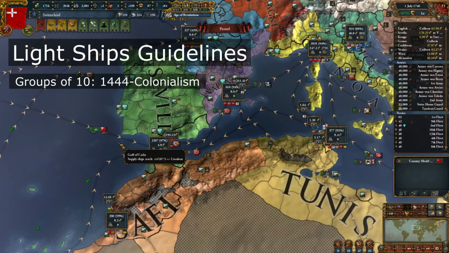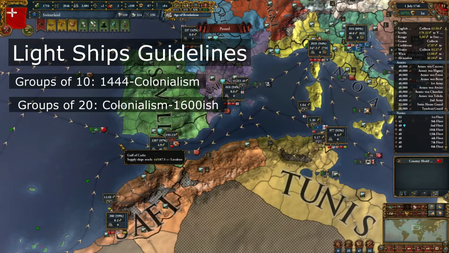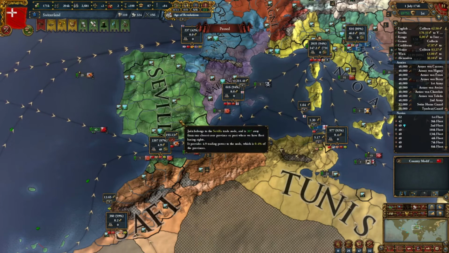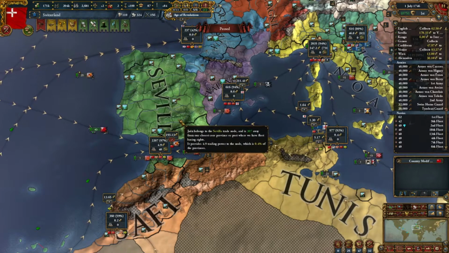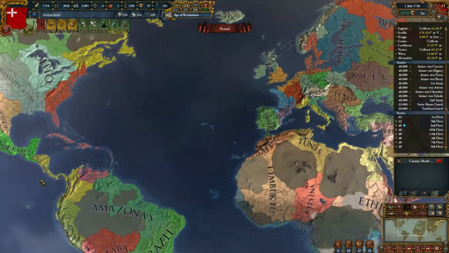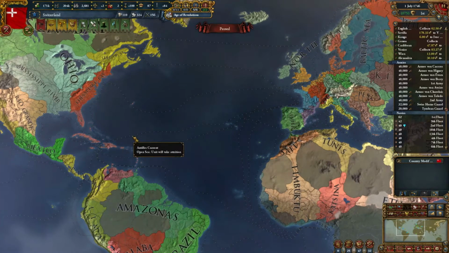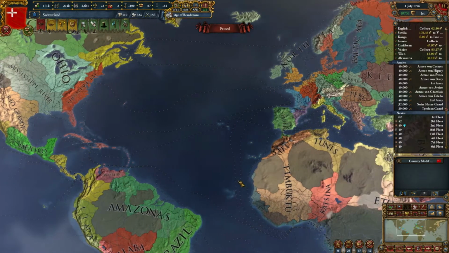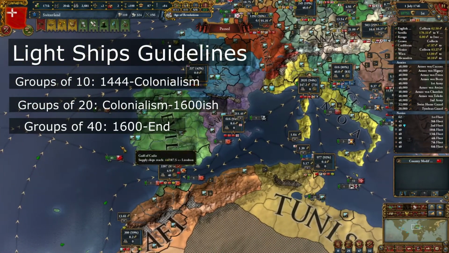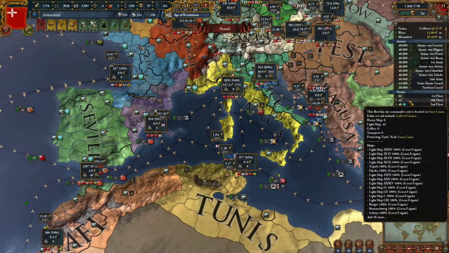So from colonialism showing up till roughly 1600-ish, I like to keep them in groups of 20 if possible, light ships, because that will help balance out the colonialism boost to all of the trade power coming from the provinces. And then from about 1600 on, you start to have the actual colonies start to grow, and they're going to greatly increase the value and the power that's being messed around with out here. So at that point, you want to have them up in groups of 40 if at all possible, and you can see that I have mine in groups of 40, except for this one, which is in 42